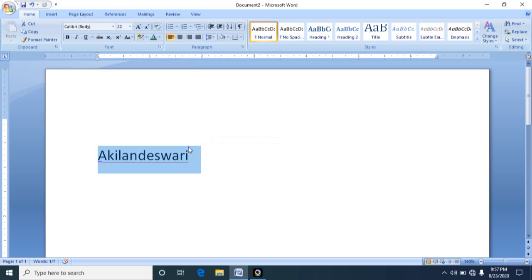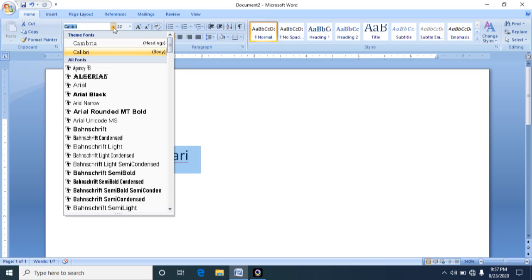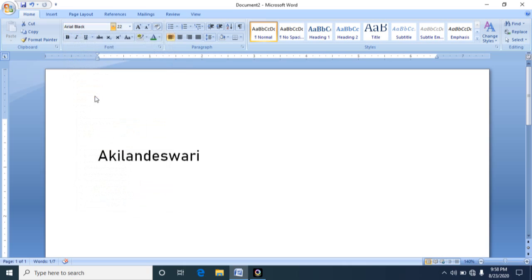First I'm going to change the appearance of my text using these font tools. What is the name of this tool? The name of this tool is font. So we can apply different styles to my text. There are many fonts installed in our system, so whatever you want, you can choose. For example, now I have chosen Arial Black. Please observe the change on the screen. Now my text appears differently based on the font I have chosen.